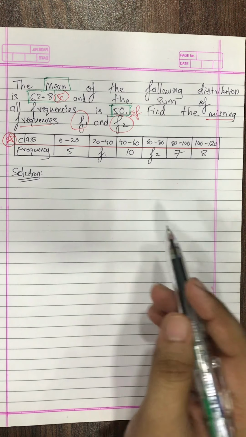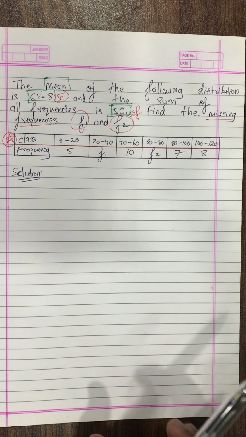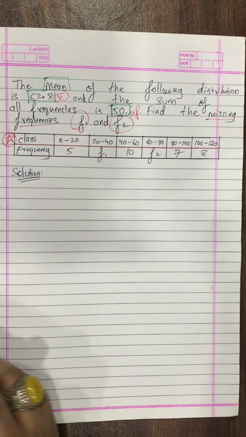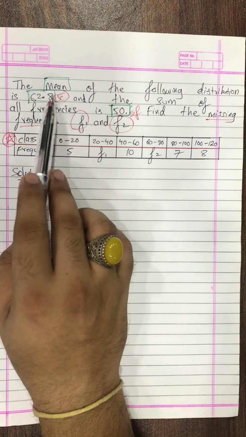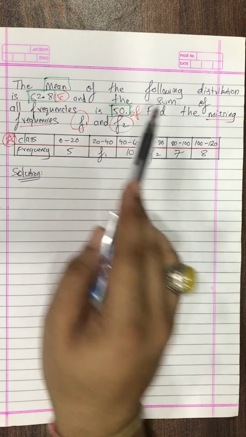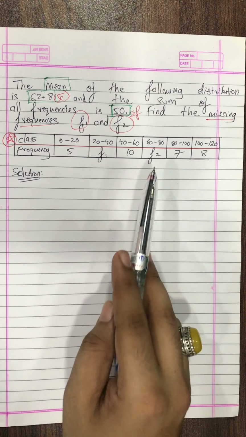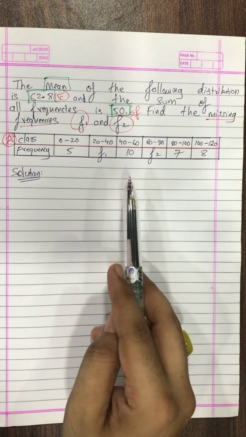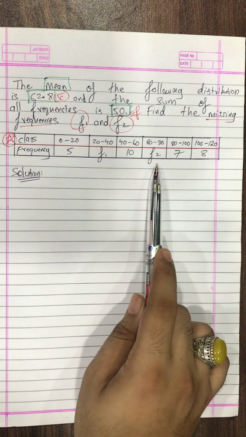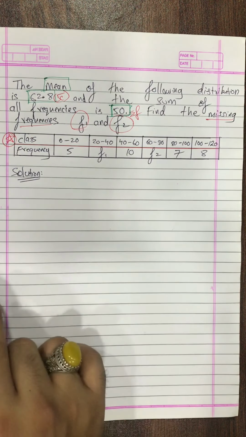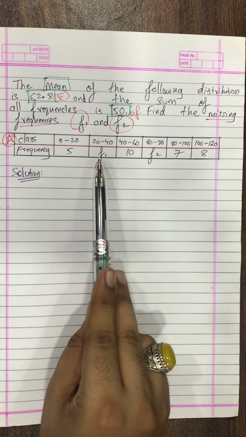Just give me 1 second. In front of you I'll show the three methods when the grouped data is given. Of course, in this question we will not find mean because mean is given to us, but with the help of the given mean and the summation f, we'll find the two unknowns. And it's a basic rule of math students. In any chapter, in any question, whenever there is a question to find two unknowns, that means we will find two equations. Two equations only will lead to find two unknowns.